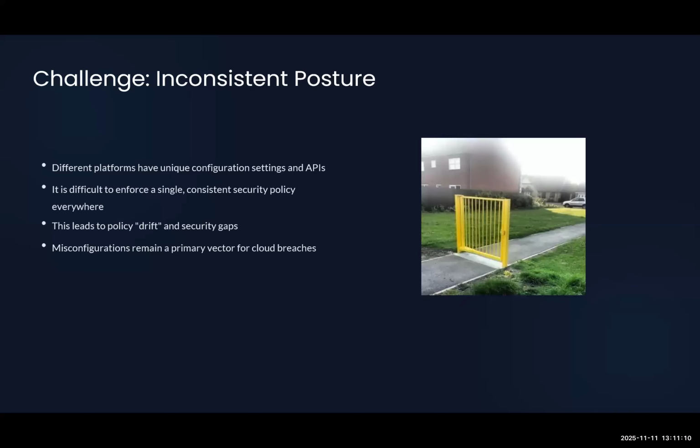We also have other challenges here. What we have in this slide is inconsistent posture. Different platforms do have different ways that they can be configured. As in, it's not, to this day, feasible for you to have one template, one set of instructions, just one